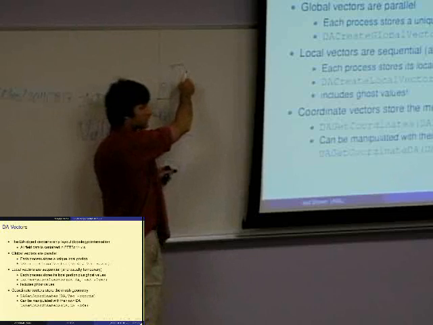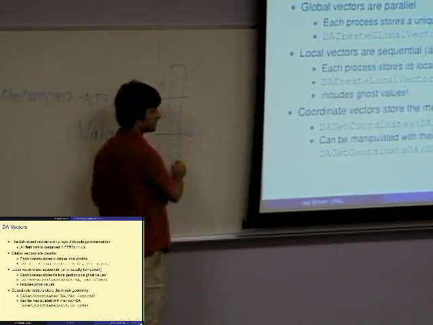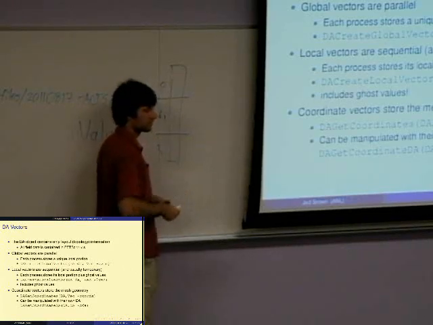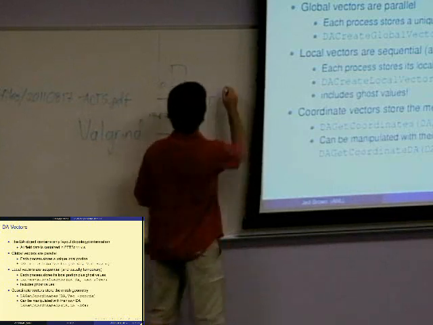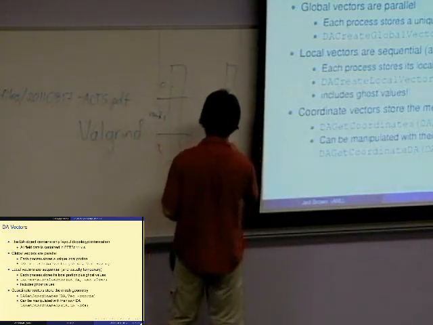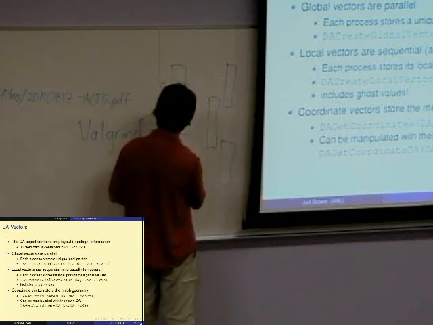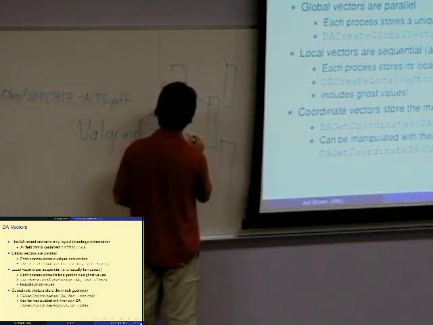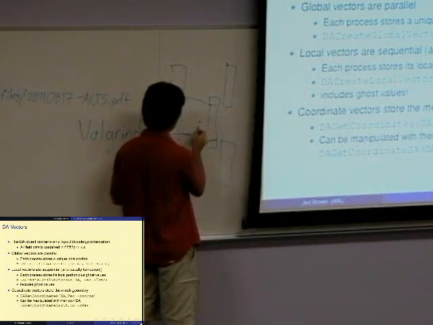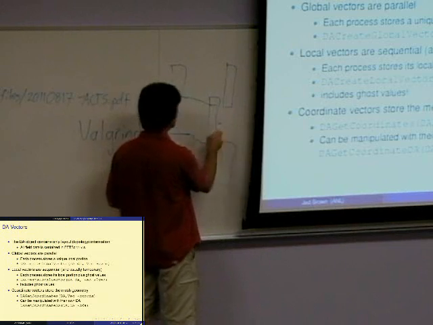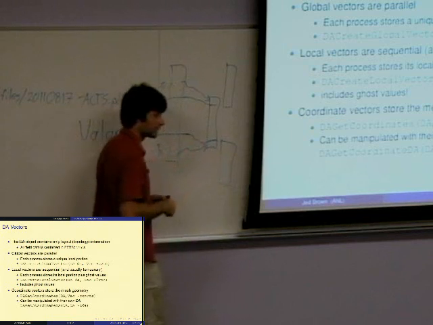So if I do a dot product on this, or I add this to another vector or something, it happens across all of the processors. Everybody is supposed to call those functions. And then there's these local vectors, which are totally independent. And so this part kind of maps straight over into this, this local part just gets mapped over. And then there's some ghost values that come in to fill in the rest of that thing.